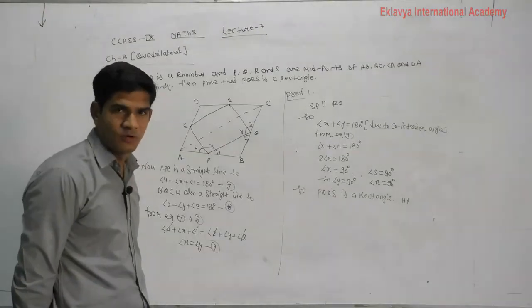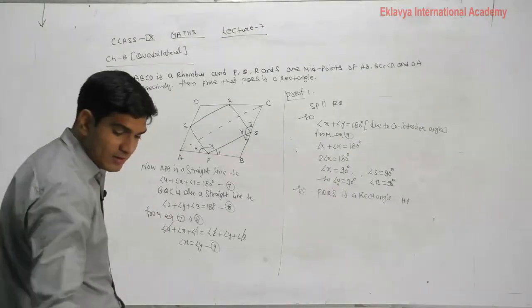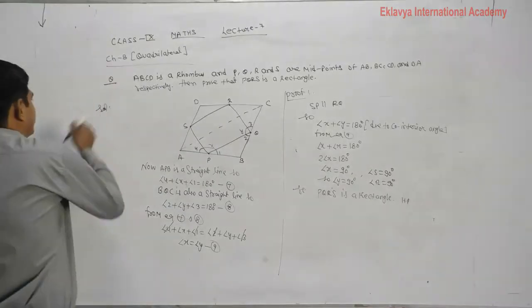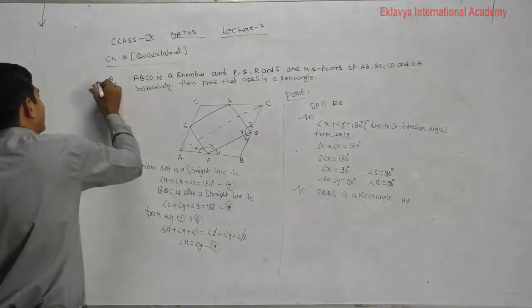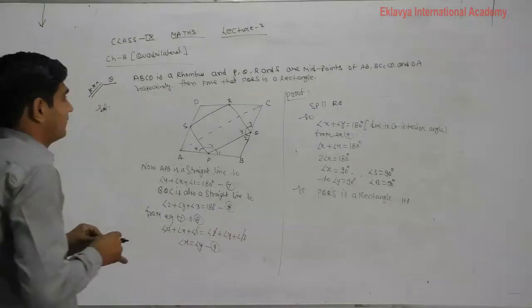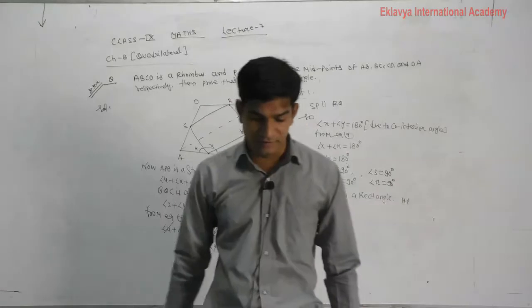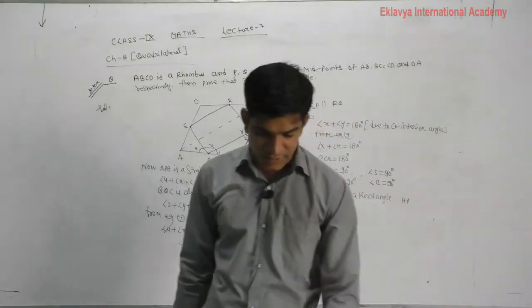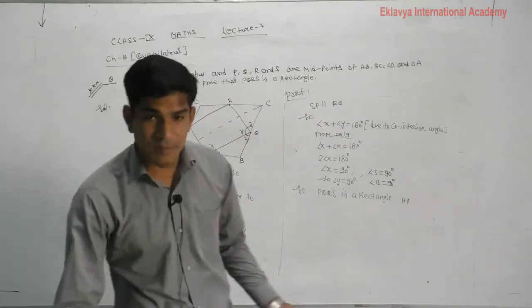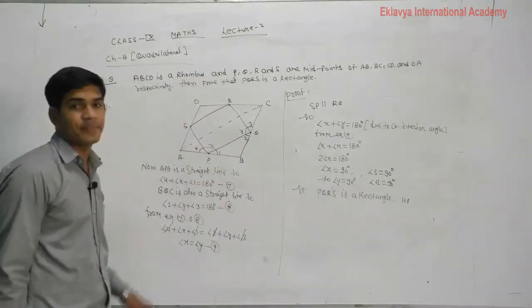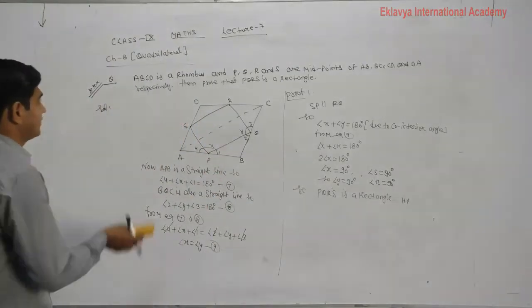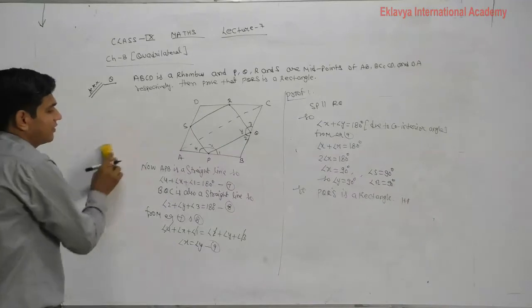Understand? Any problem? No. So that is a very important question, students. Then if ABCD is a rhombus is given, and its midpoints are given, then after joining the midpoints, how will we prove that it is a rectangle? Now the question is its converse. अब देखो इसी का कन्वर्स क्वेश्चन क्या है.